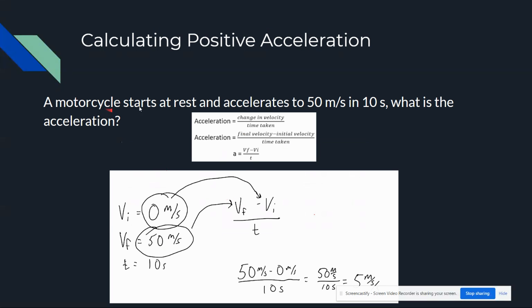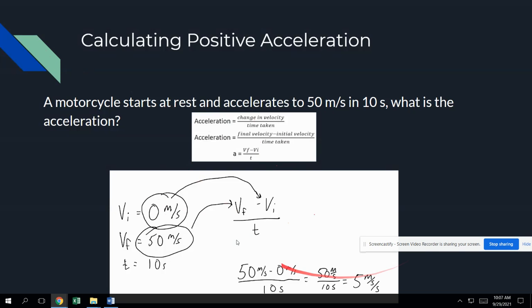And then here's how you calculate that. Once again, we have a change in velocity. We take the final velocity. This is really hard because we always want to write that number down first in the formula. Sorry, I have really terrible handwriting.